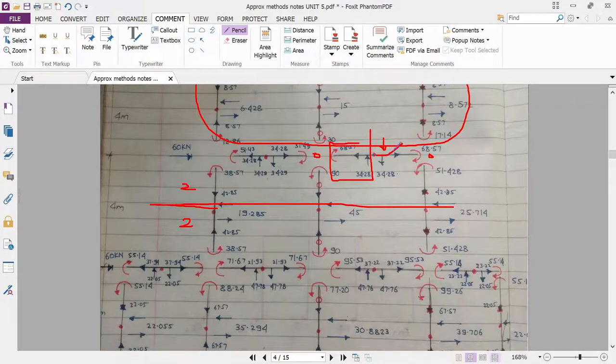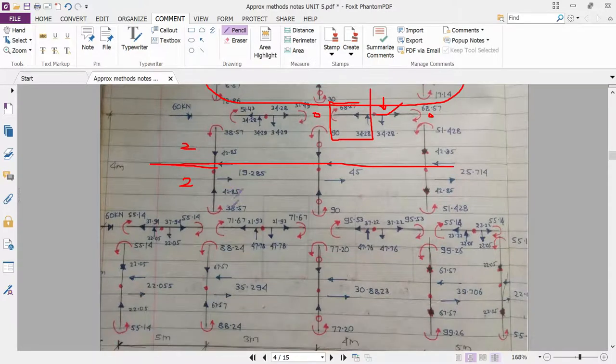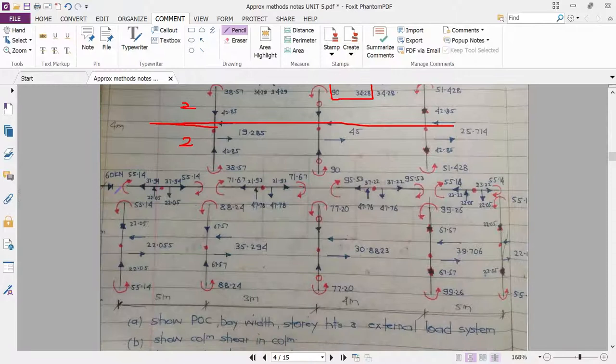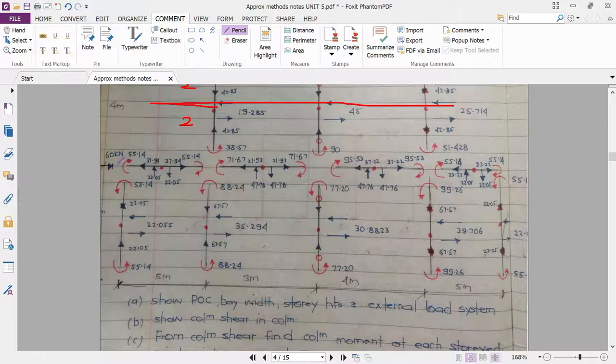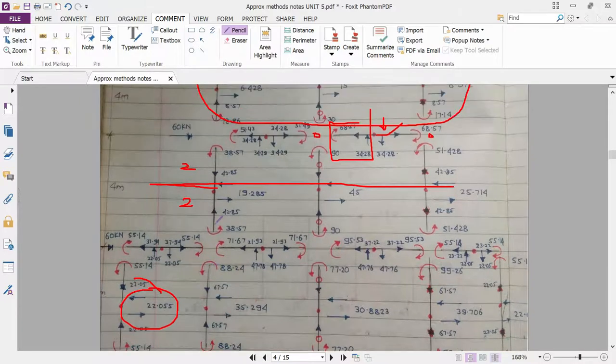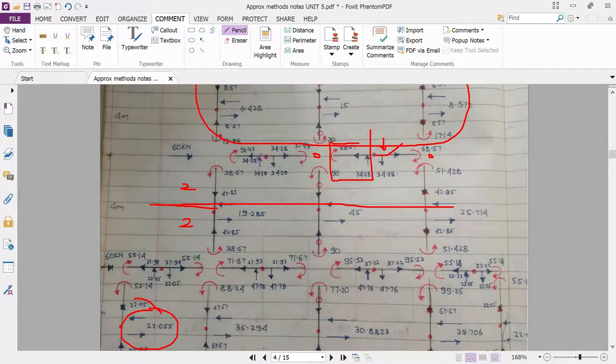So this similar kind of work you have to perform in each and every beam as well as in each and every column. Okay, now we have to go to the next part, that is the third story. Here also this 60 kilonewton load is there. So first of all, the foremost important step is that we have to write the horizontal forces. We have forgotten this part, that is the shear force in the beams, how it comes. It is a very simple calculation.